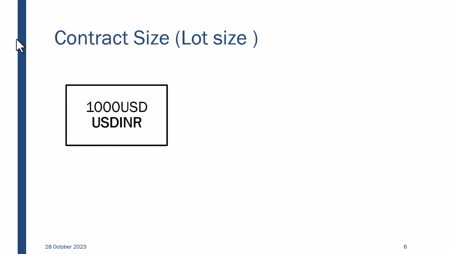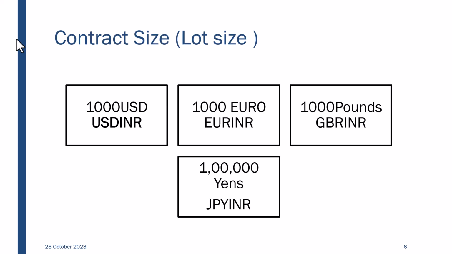Is that okay? So what is a contract lot size? There is a lot size here: $1,000 lot size, €1,000 lot size, £1,000 lot size, and 1 lakh yen for Japanese yen. So you take a position in multiples of $1,000. It's standardized, not customized like in the case of a forward contract. You can't take a position in any number of dollars you want. It has to be in multiples of $1,000 if the dollar is your currency. If it's the Japanese yen, then it will be in multiples of 1 lakh yen. You can't have something like 1,75,000 yen exposure. Either take 2 lakh, either you're underhedged or overhedged. Is that okay?